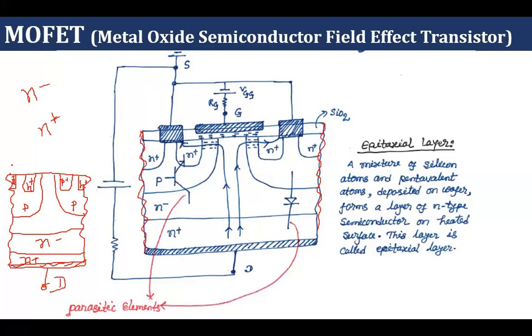Above it we have an insulating layer, SiO2, as we have seen in the case of a signal MOSFET. This portion will be connected with the help of a metallic layer at one place, and the other portion at another place, and both will be short circuited, and this is going to behave as the source terminal. And at the top of the insulating layer there will be a metallic contact, and this metallic contact is going to behave as the gate terminal of the device.